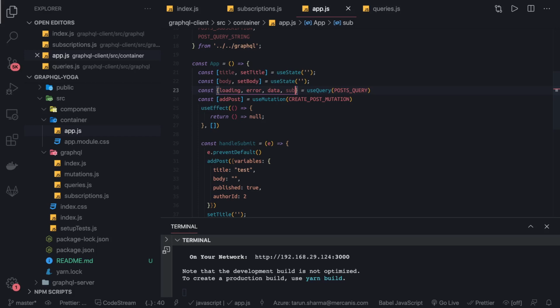And we can use this useEffect which we have created. Let's say I am doing all this stuff here, and we can look for subscribeToMore in the dependencies. Okay, and here we can call this method.